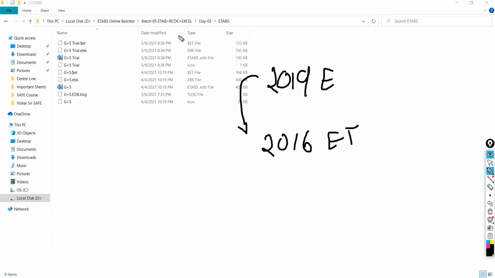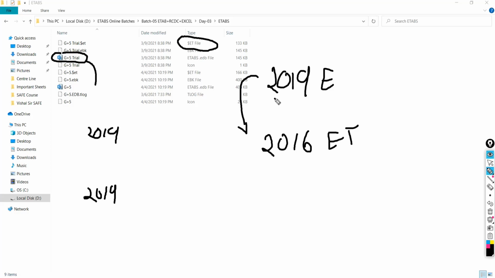Then the role of the $et file will come into the picture. If the same version is there, you are using 2019 and I am also using 2019, I will ask for the file and you can directly send it to me, so I can directly open this model file. No problem will be there.